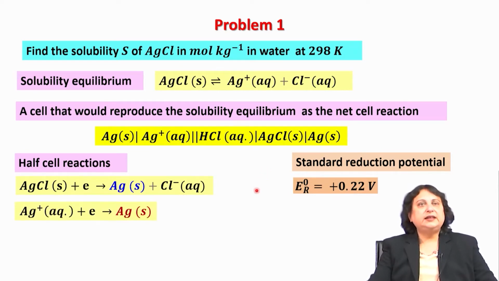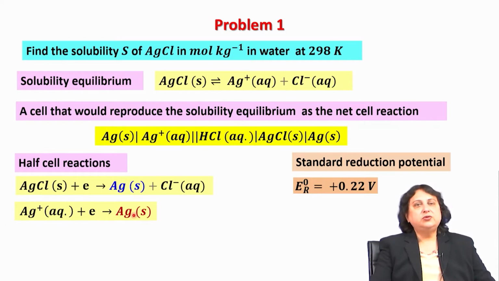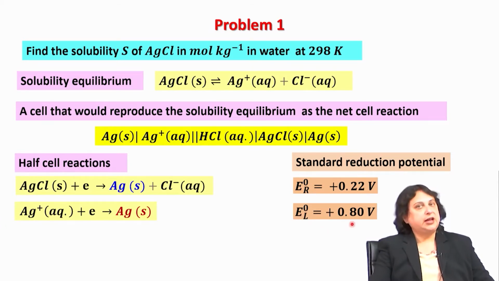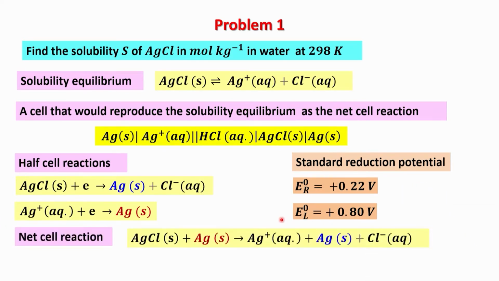Now, if I look at the other half cell, in the notation of reduction I have Ag+ aqueous taking up 1 electron giving you silver solid, and from the data table it is known that the standard reduction potential of the redox pair that I am using on the left hand side is plus 0.80 volt. So, I will write down the net cell reaction in the usual way,